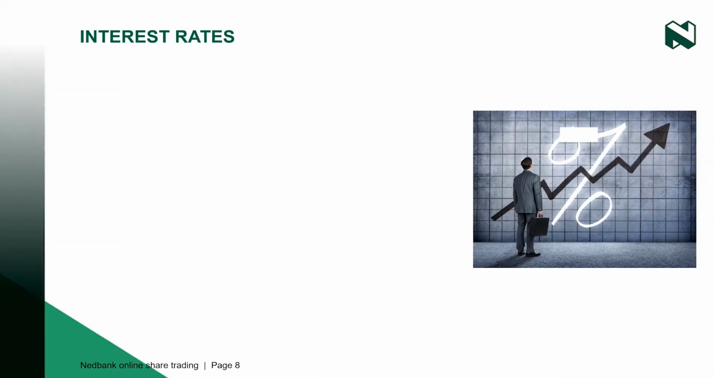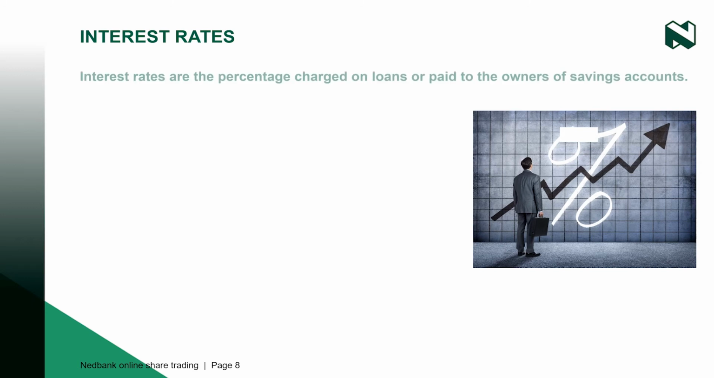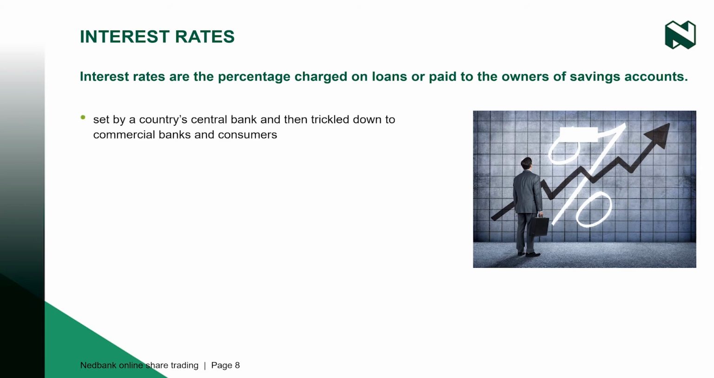The second important economic indicator is that of interest rates, which are the percentage charged on loans or paid to the owners of savings accounts. The interest rate is set by a country's central bank and then trickles down to the commercial banks and consumers. Interest rates are increased to curb inflation and lowered to promote growth. Interest rates are one of the most influential factors for currency markets due to the impact they can have on